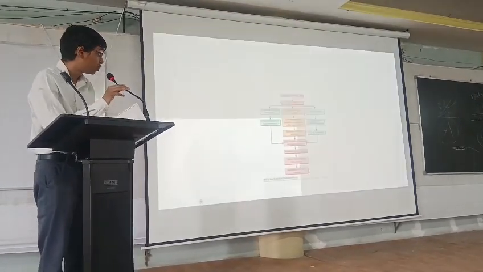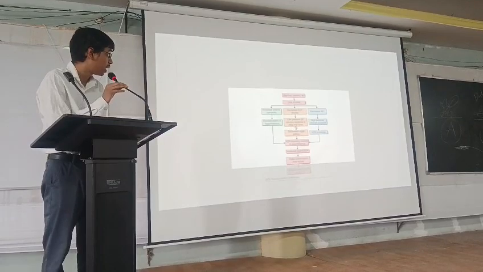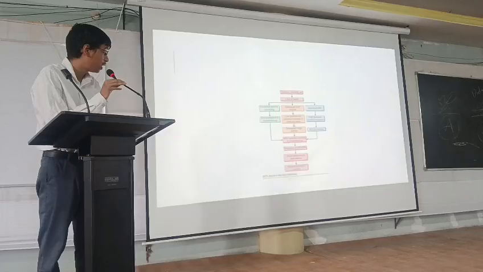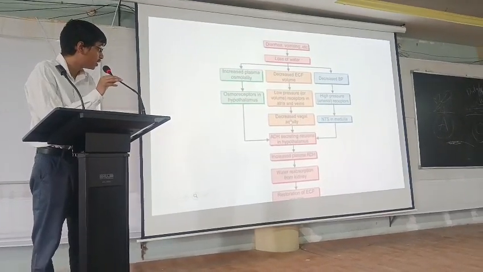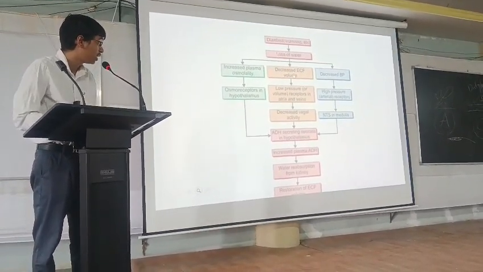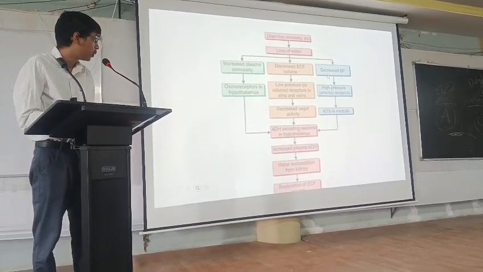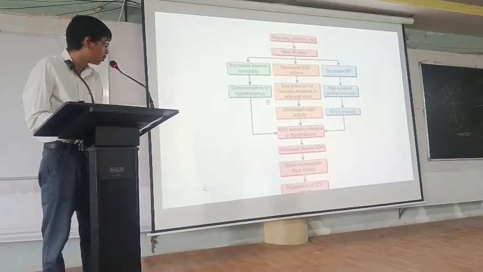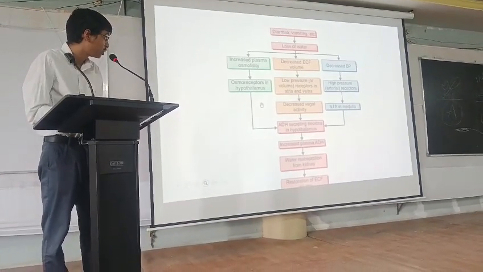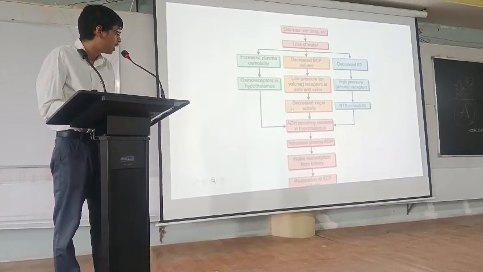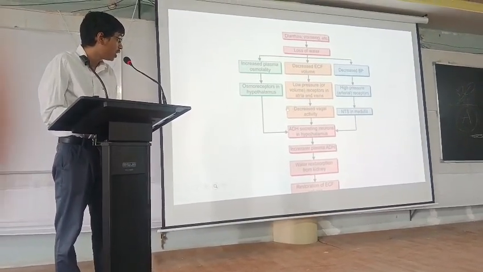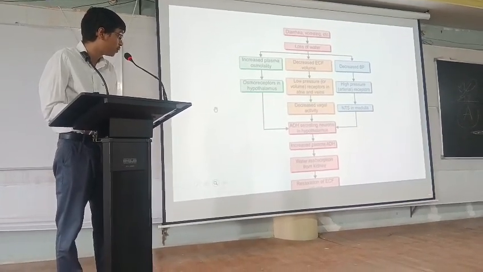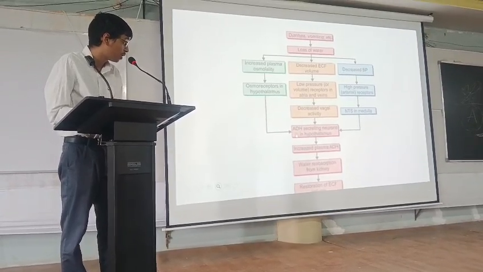Now coming to this flow chart, it starts with diarrhea, vomiting, etc. This leads to loss of water, and it leads to three different responses: increased plasma osmolarity, decreased ECF volume, and decreased blood pressure. In response to increased plasma osmolarity, osmoreceptors in the hypothalamus stimulate ADH secreting neurons in the hypothalamus, and for decreased ECF volume, low pressure receptors in atria or veins decrease the vagal activity, and it leads to the same ADH secretion by ADH secreting